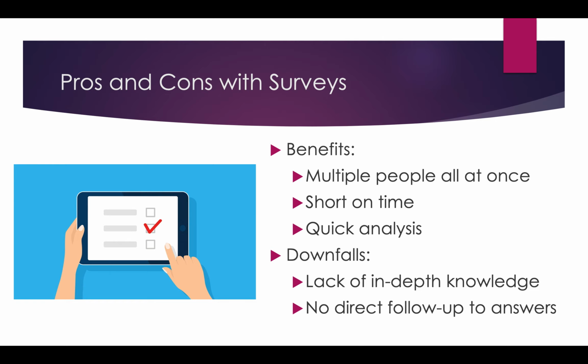Another downfall is there's no direct follow up to answers. So, what I was able to do in an interview or focus group, follow up on a question, or when they told me a story if I wanted to learn more, I can't do that in a survey. So, if someone says something like, I strongly disagree that leadership is compassionate with their people, for example. So, pretend that's a survey item. I don't have the ability to say, well, why do you think that they're not compassionate? Do you have an example that you can provide me? I don't have that ability. Now, there are many more pros and cons to qualitative and quantitative analysis, but these are some of the general main takeaways that I want you to get from this class.